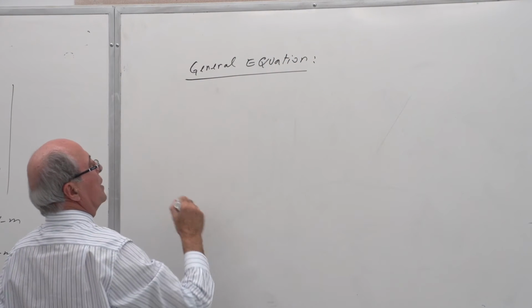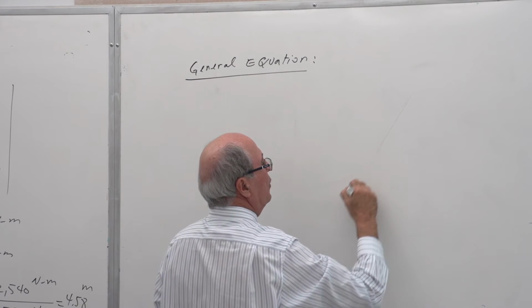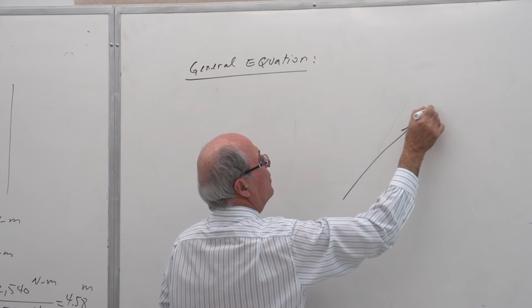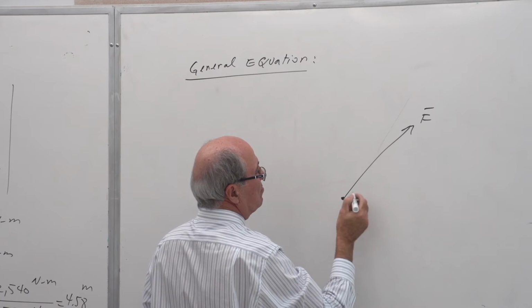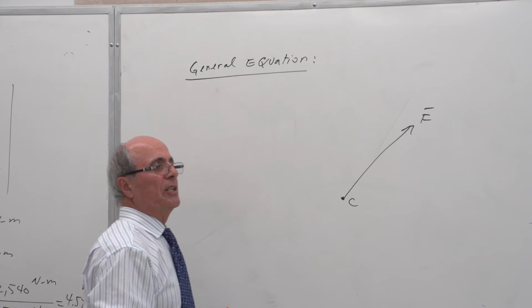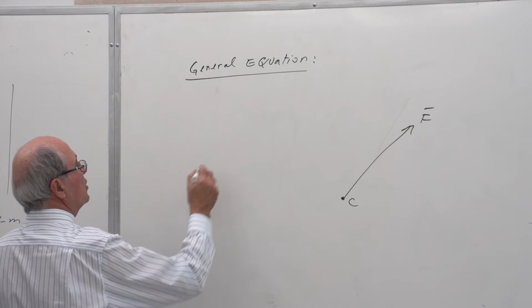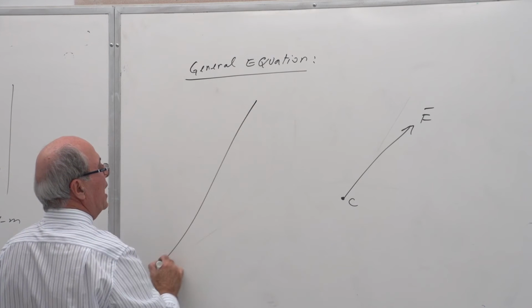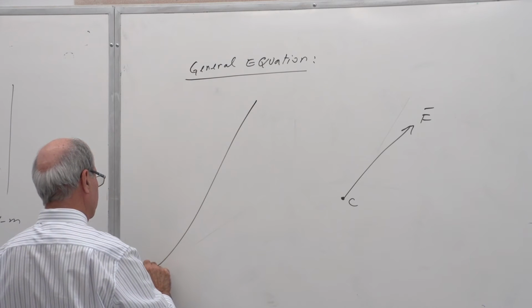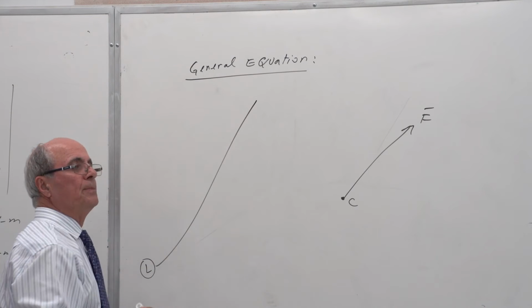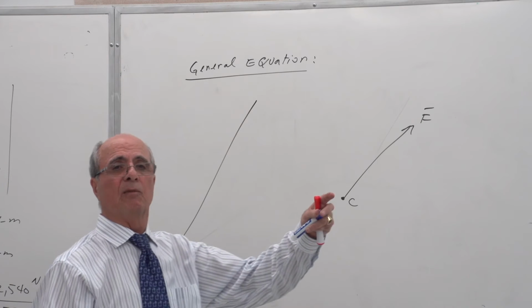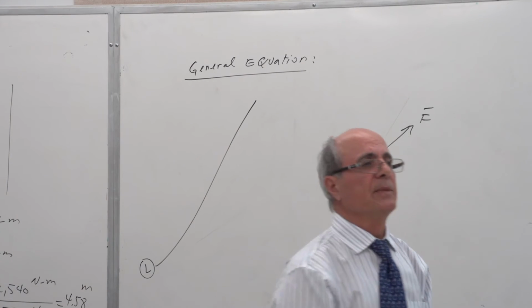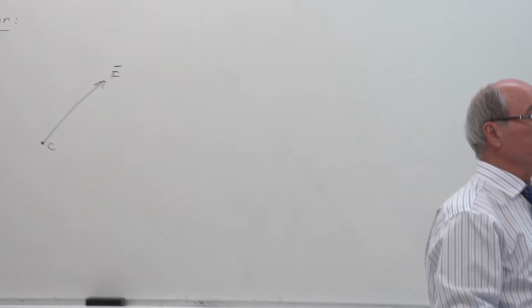Okay. Here is the force F applied at point C, so the point of application is C. And I want to calculate the moment of that force about line L. This is the question we want to answer. It has nothing to do with X and Y. The force is here, the line is there. Is that correct or not? How do we do it?